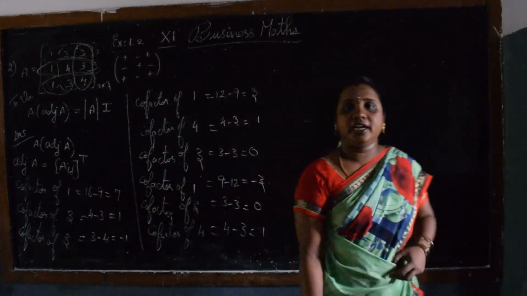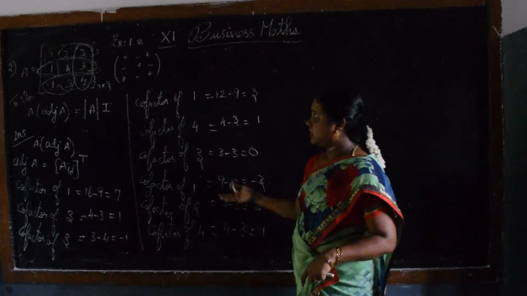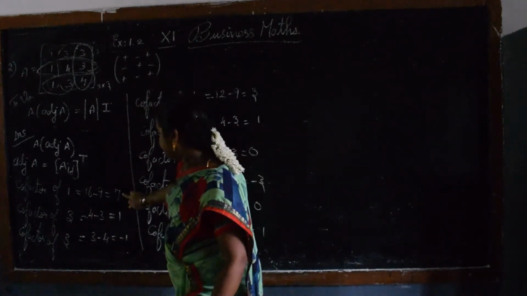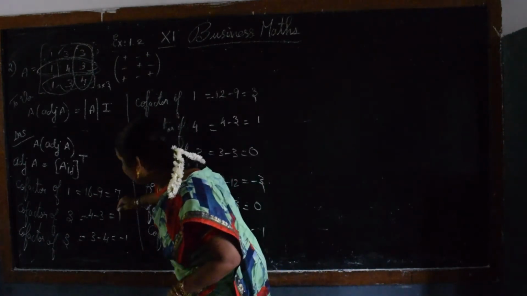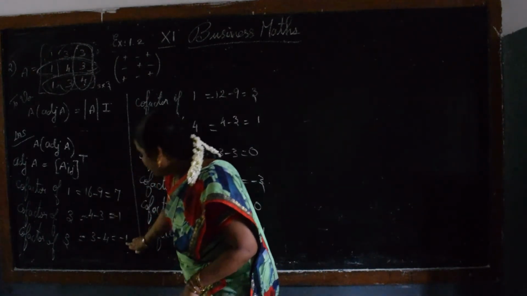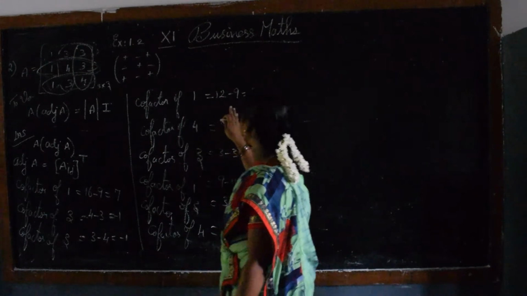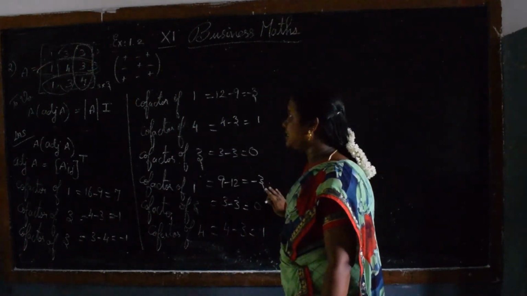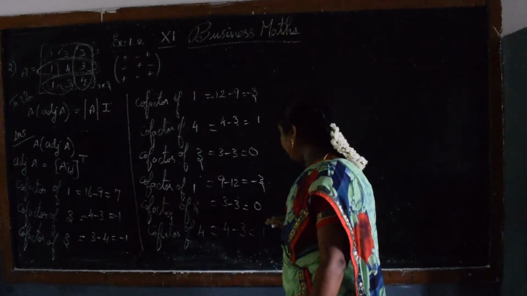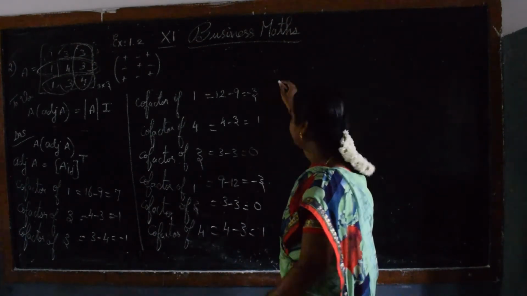Have you understood, children? Now we have to put the sign for this. For 3 by 3 it is plus, minus, plus. So this is obviously plus only. Next one you have to put minus. Plus into minus, minus now. Okay. Next put minus, plus, minus. Next one is plus into minus, which is minus only. Minus, plus. Have you understood, children? Now